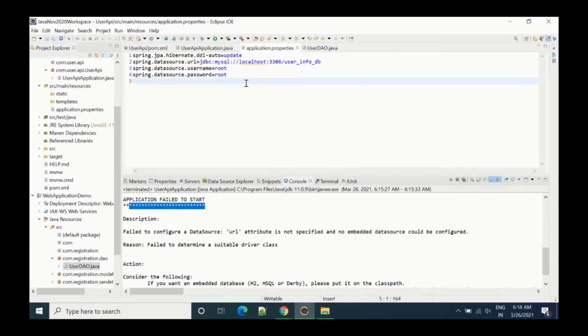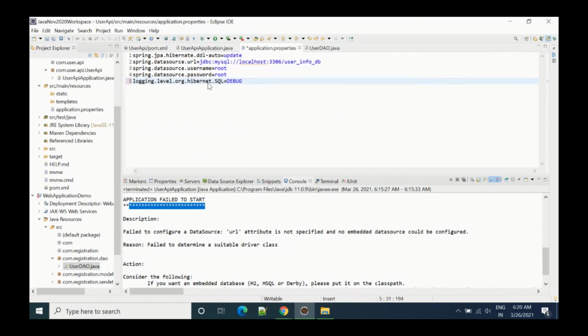Now I want to add one more thing. I want to add logging. So if you want to enable logging, we have to see. So here we will write logging.level.org, and instead of Spring we can write hibernate.sql.